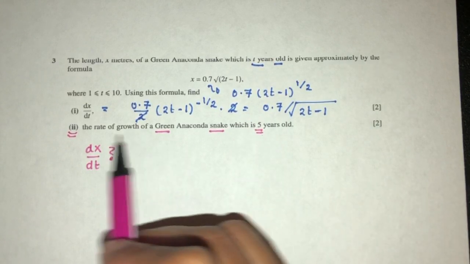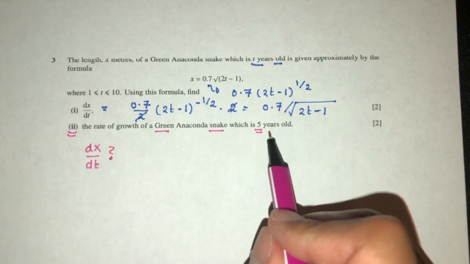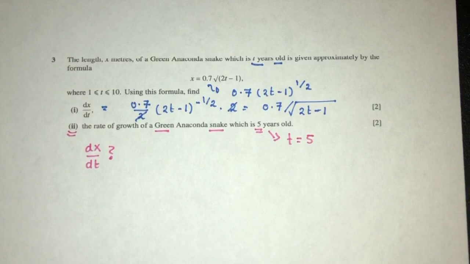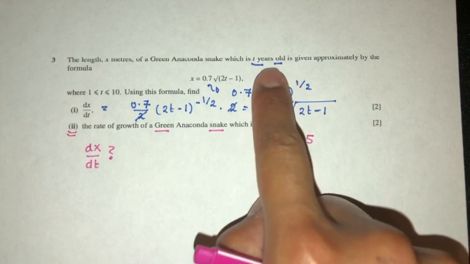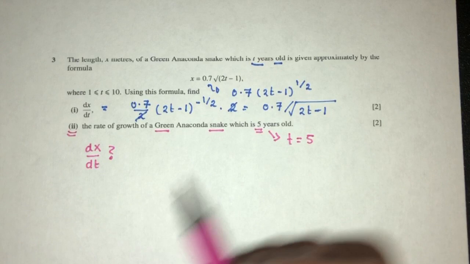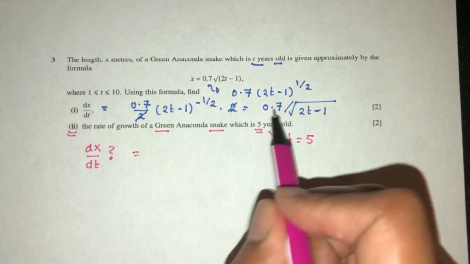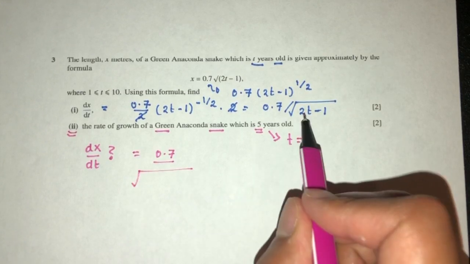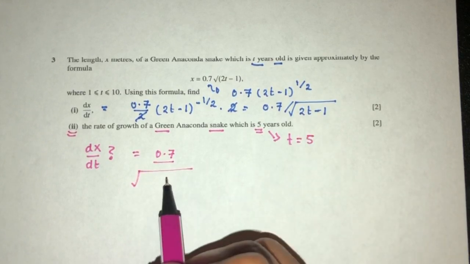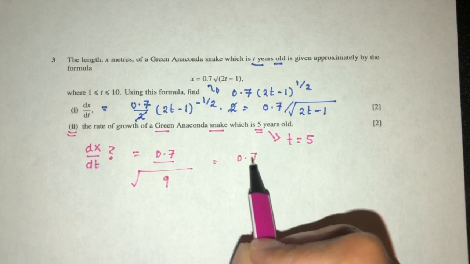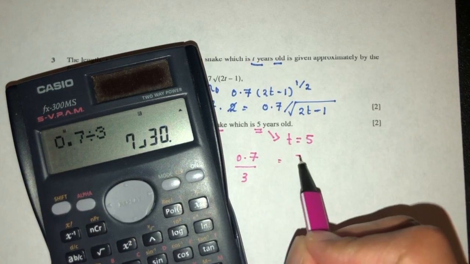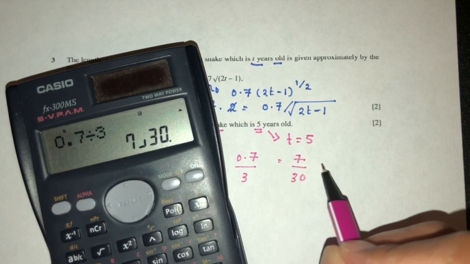So we know that dx by dt is this. Now this is the length, and t, sorry, the time in years, is 5. We just replace back in the main equation. That will give you 0.7 over root of 2 times 5, which is 10, minus 1 is 9. That should be 0.7 over 3, which is 7 over 30 meters